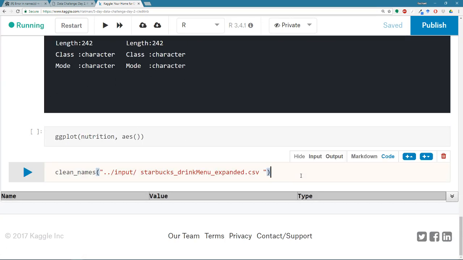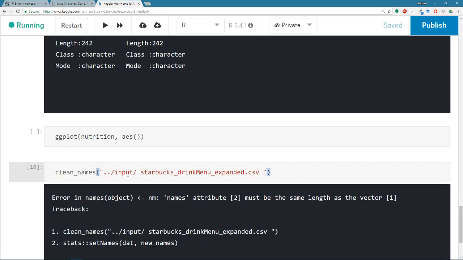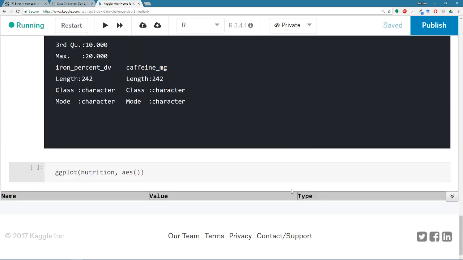Excellent. So if I run this, I should get the same error. Yeah. So you can see that the names attribute must be the same length as the vector. All right. Plotting. So the first step is that we want to make a blank plot with nothing on it. To do that, we need to tell the ggplot function what data we're using. So we're using the nutrition data. And we also need to tell it what to make the axes. So AES stands for aesthetic. And because we're doing a histogram,